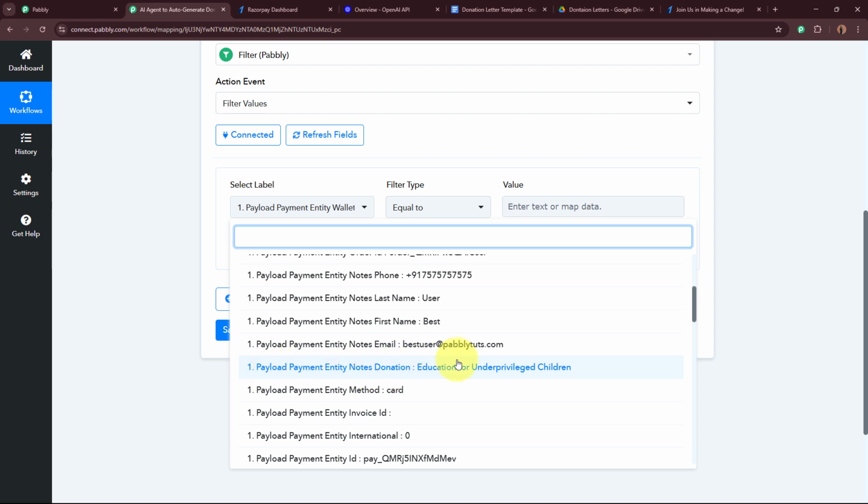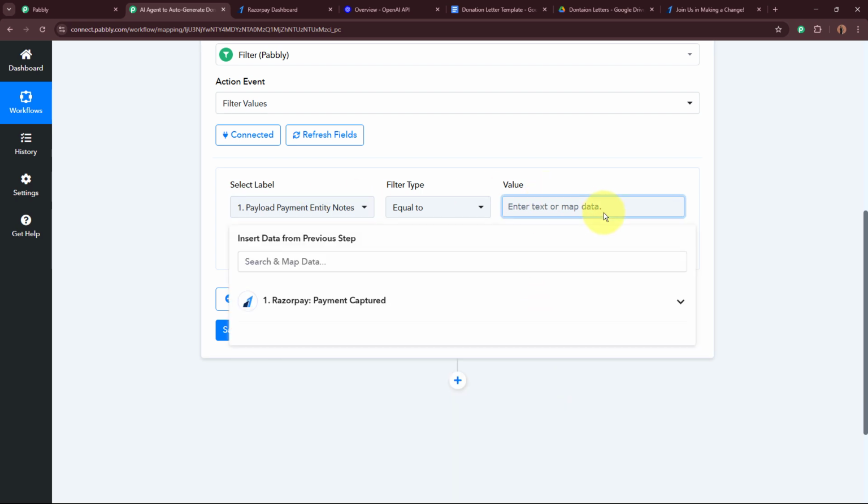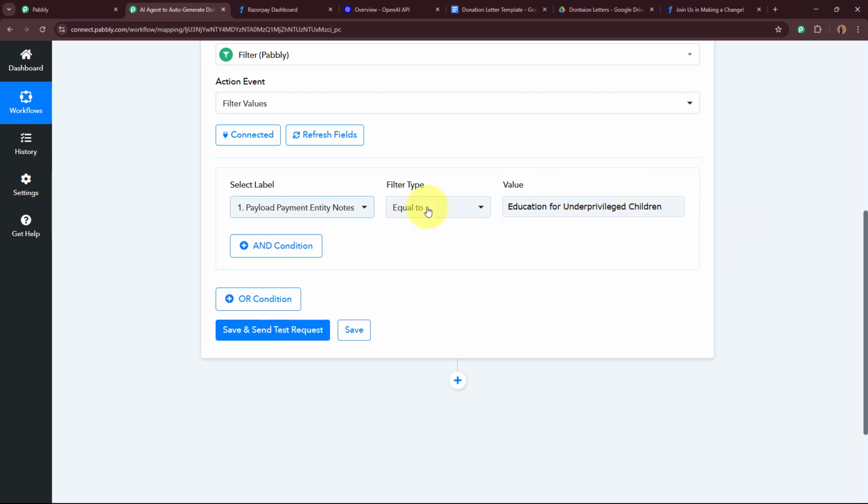So if this note is either equal to education of unprivileged children or women empowerment, then only this workflow should be further executed after this filter step. So I'm going to select over here the notes as donation should be equal to, and I'm going to write education for unprivileged children. So if the donation note is going to be equal to education for unprivileged children, and I want to add